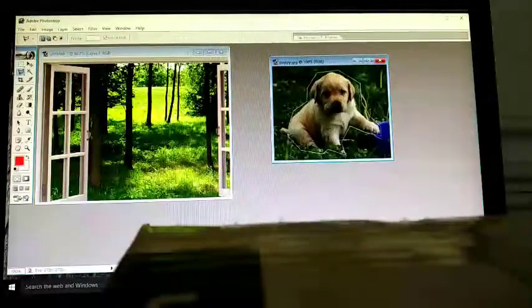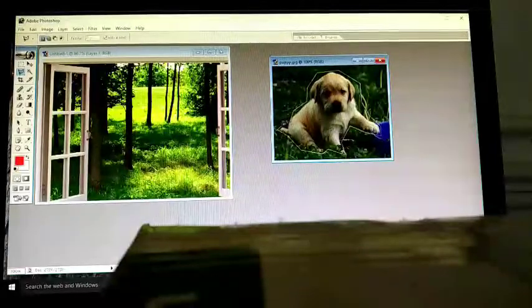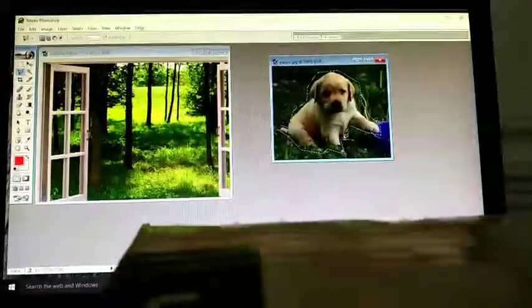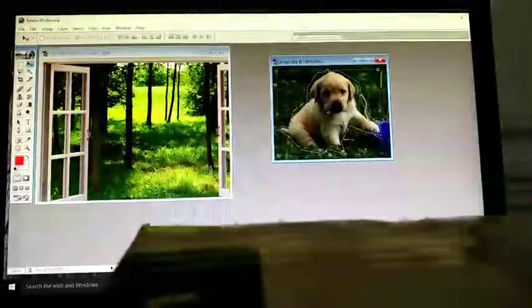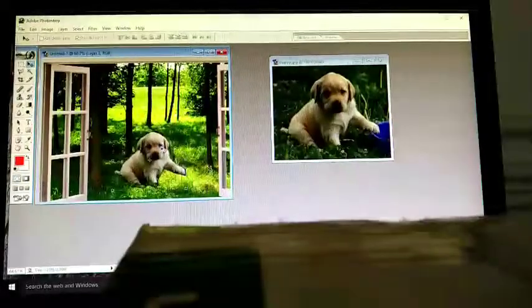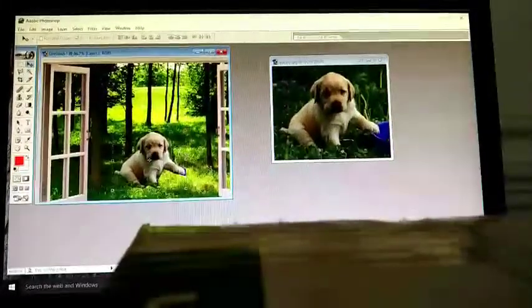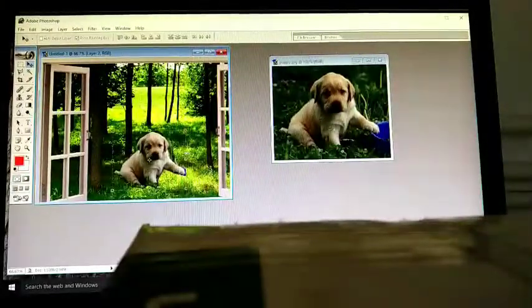The selection ends at clicking the beginning point itself. Then the selection completes. After this, you can use the move tool to move that image part to this image. So this is done by using polygonal lasso tool.